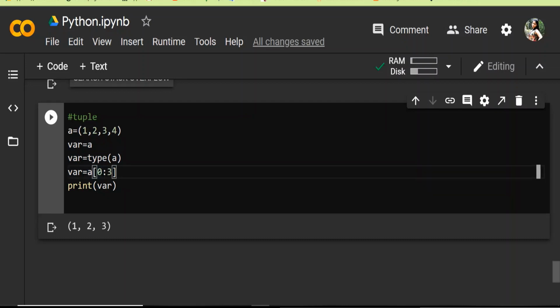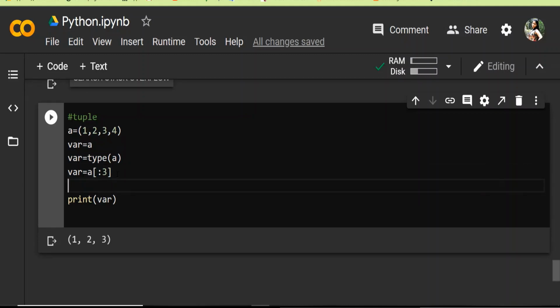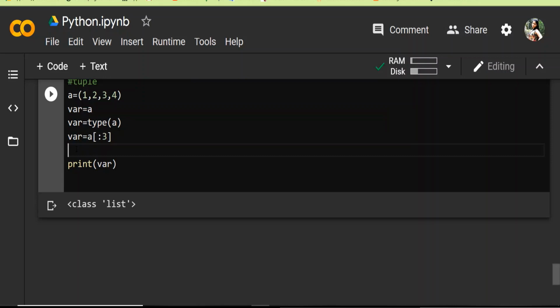So that is not the case of worry. What is a case of worry is updation, and I already told you that in a tuple you cannot update any element, but still we will try and see what will happen if we update an element. So I'm going to write